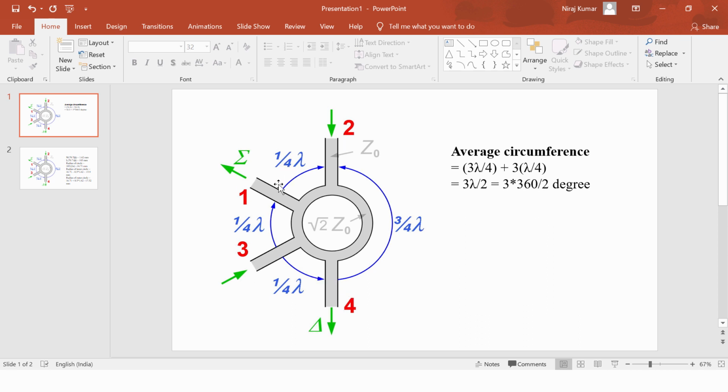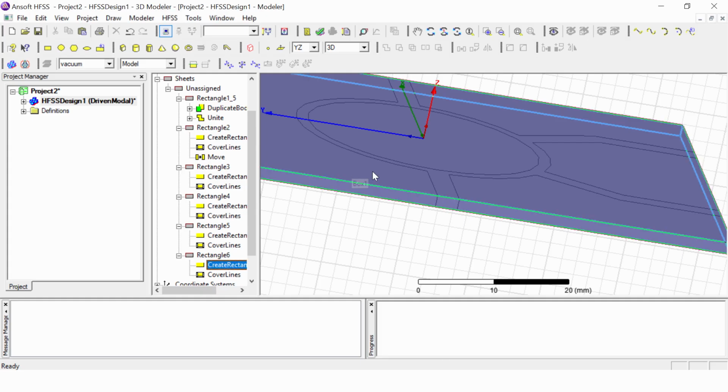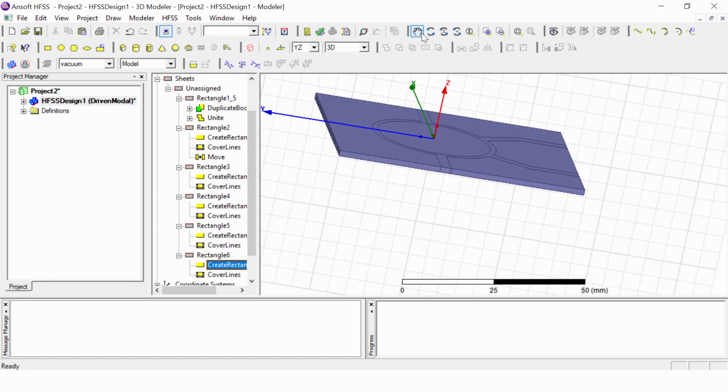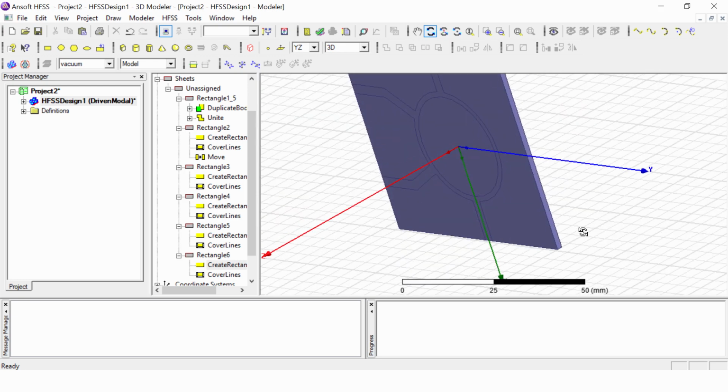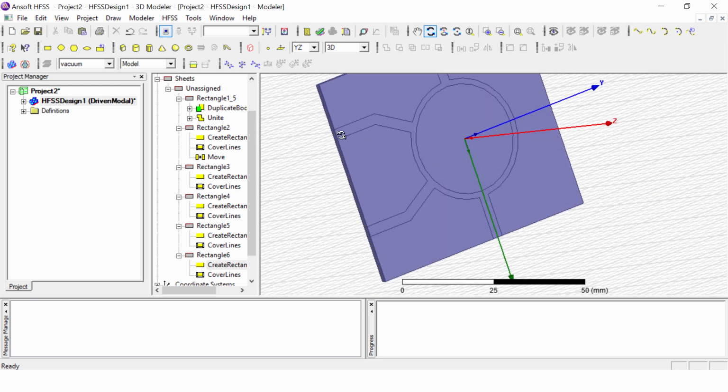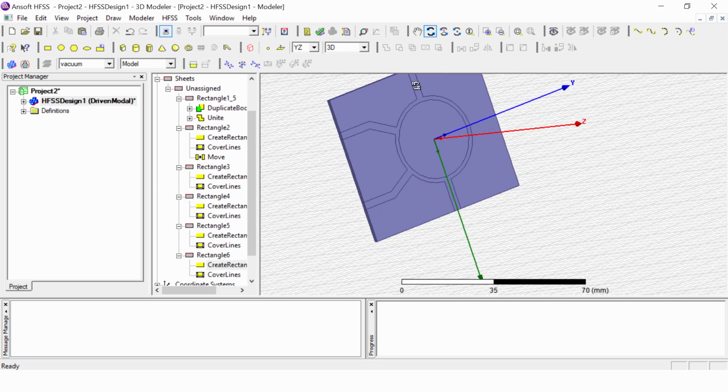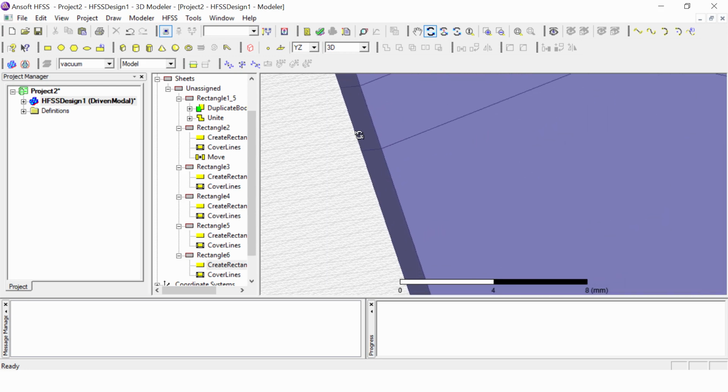The port nomenclature should be considered as per the design. So let's go to port 1 first. This will be port 1, this will be 2, this is 3 and this is 4. So first of all let us give port 1.